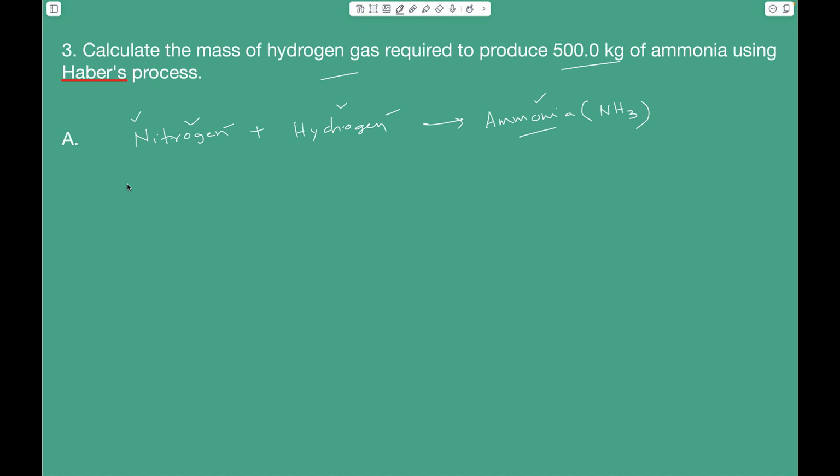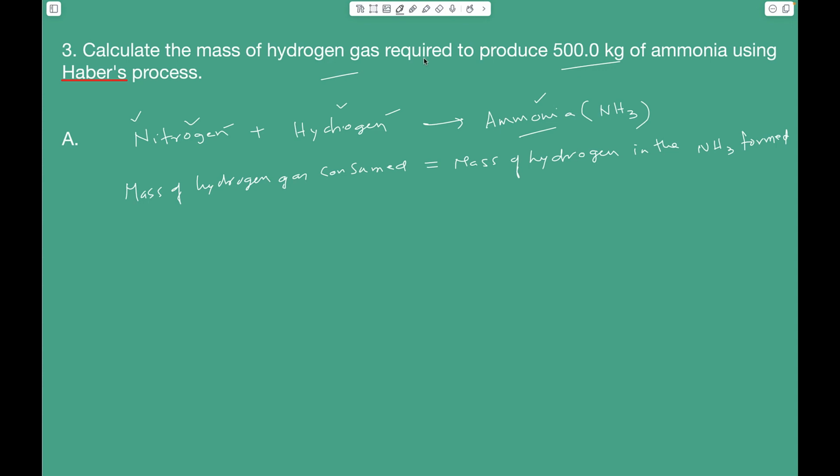So, that means the mass of hydrogen gas consumed is equal to the mass of hydrogen in the ammonia formed. Law of conservation of mass, right? So, because the mass of hydrogen in the ammonia formed is exactly equal to the mass of hydrogen gas consumed during that reaction,